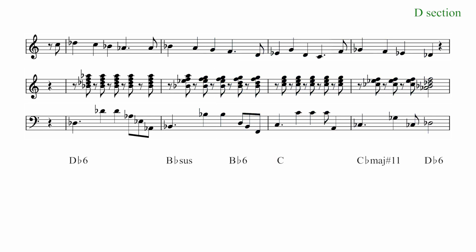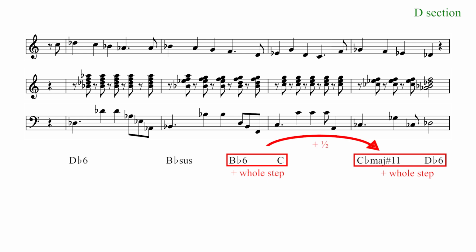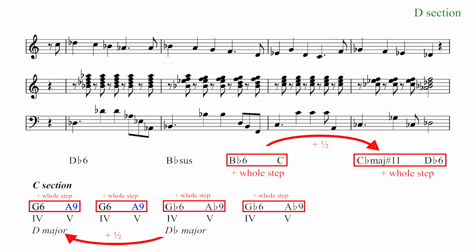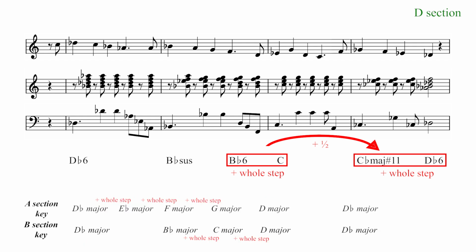This reveals a latent symmetry in the overall progression. The movements from C-flat to D-flat and from B-flat to C are both an upward whole step, with each pair of chords being separated by a semitone. These are the exact same qualities that characterize the 4-5 changes in the C section. Additionally, the upward whole step is the main type of modulation used throughout the A and B sections.